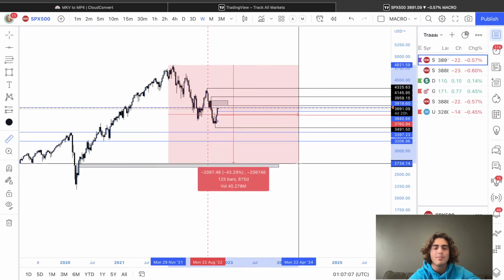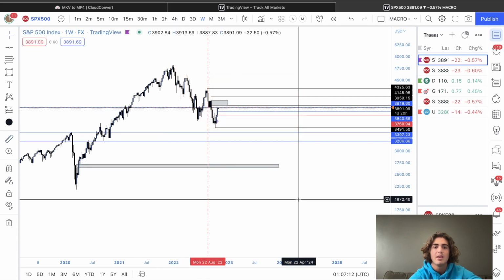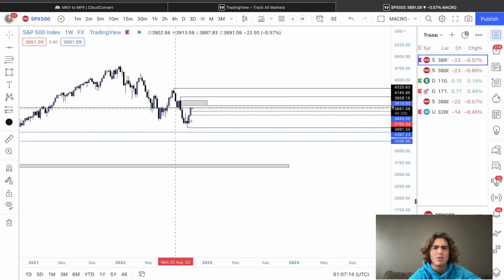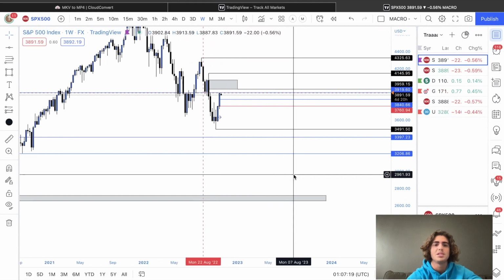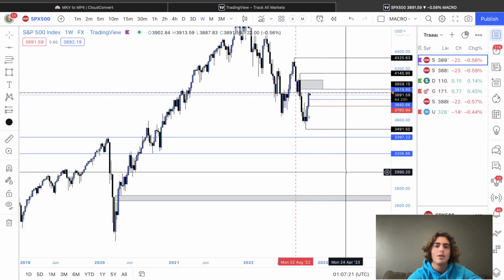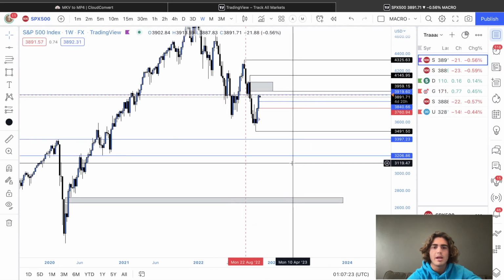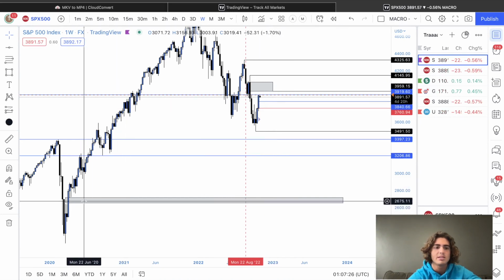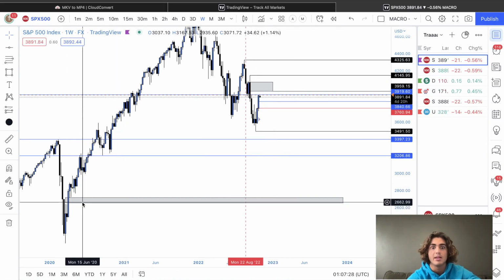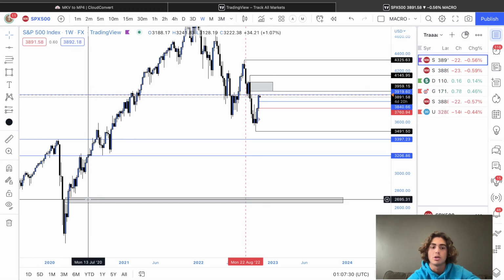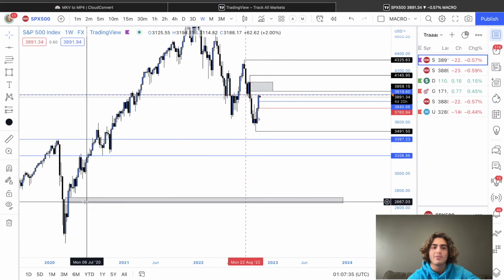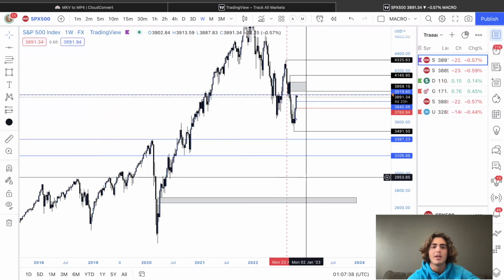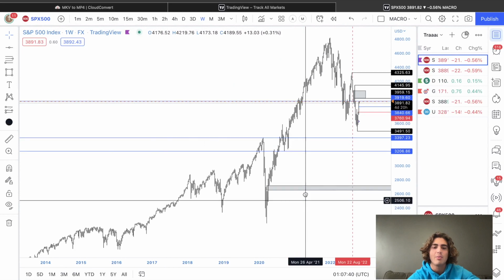we're seeing pretty similar numbers to 2008 and pretty similar news reports, along with just things in the world not going great right now. The US is not in a good position. So either way, I'm still looking for downside. This is a scary but still a valid target. I'm not saying that it's for sure going down there, but we have to keep this in mind. It's still a potential area. Anything lower than that would be kind of absurd.